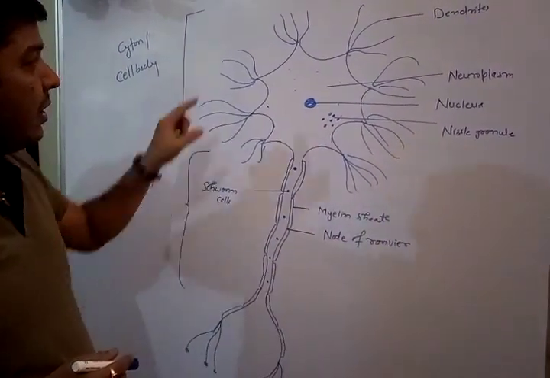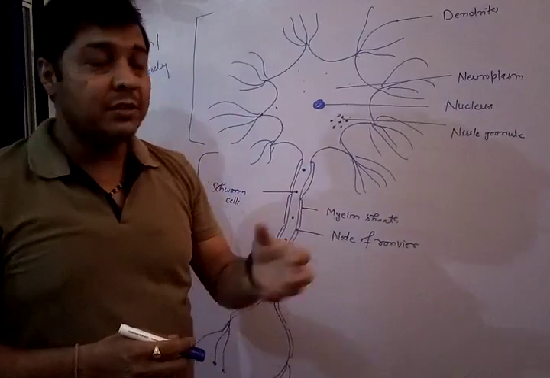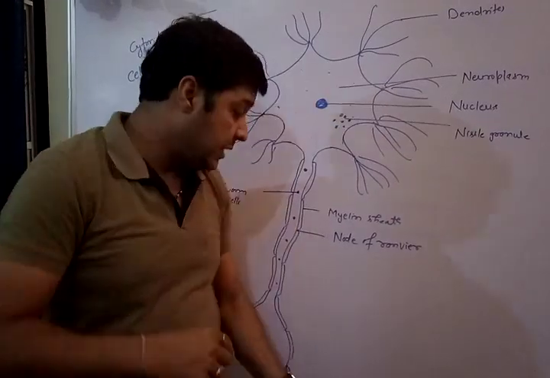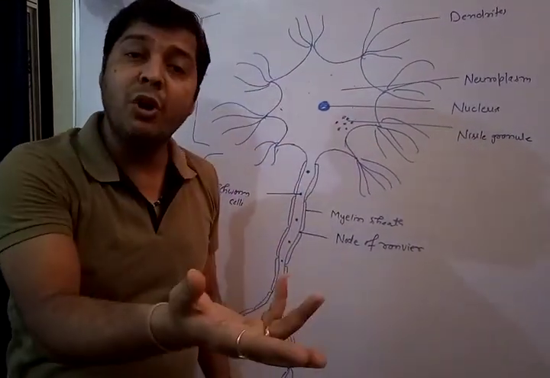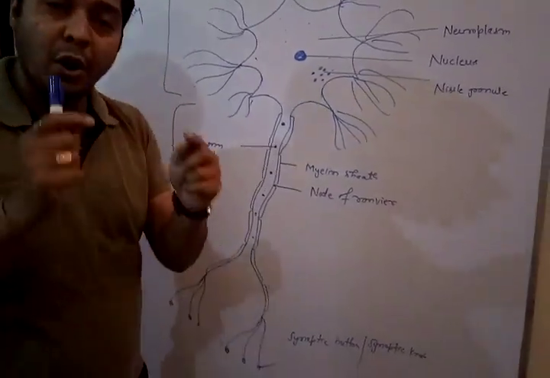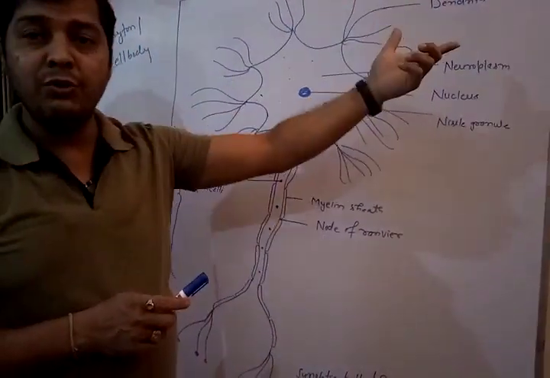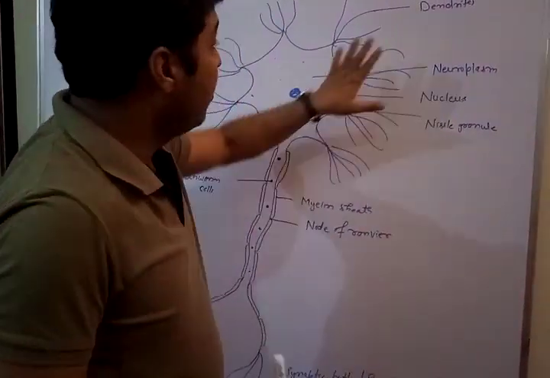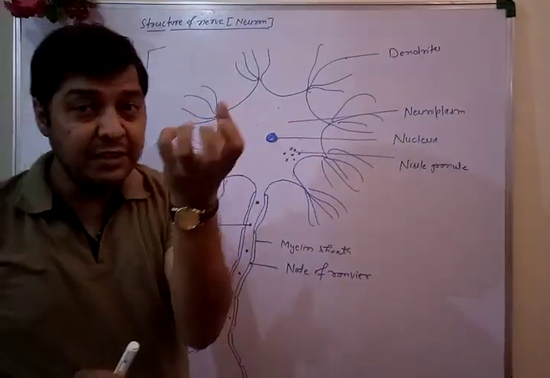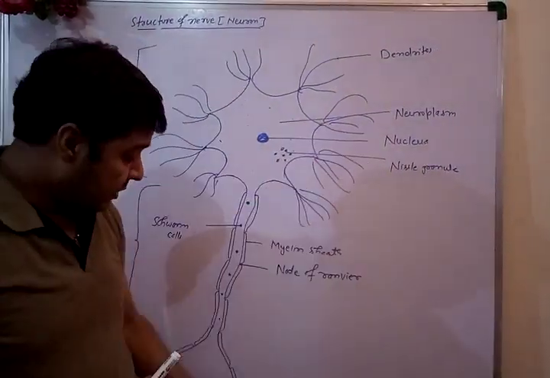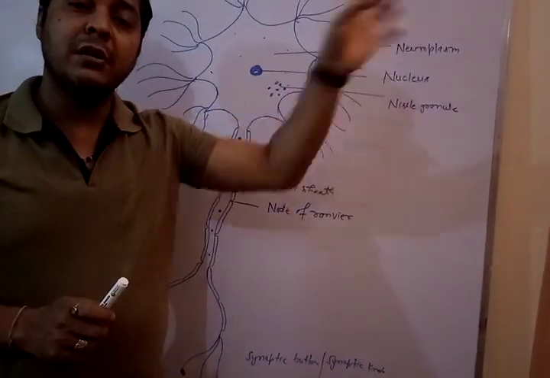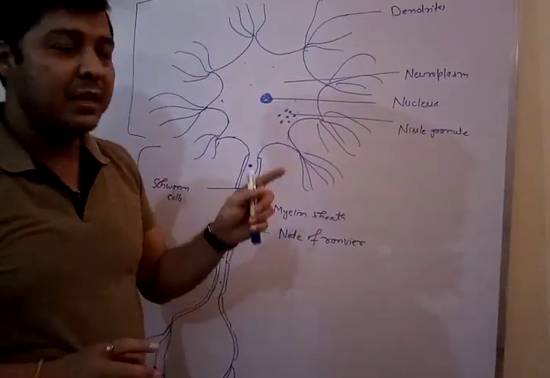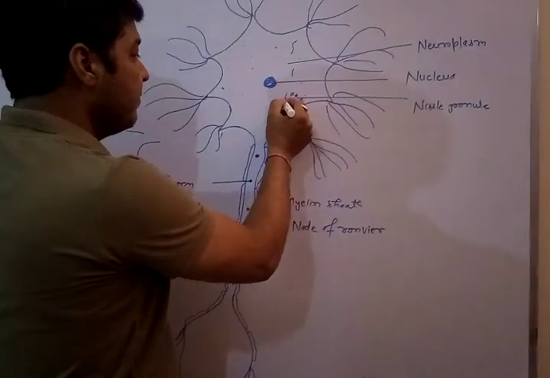It looks like that. See, dendrites are the hair-like structures. This is called the receiving end. These dendrites are attached with the synaptic button of another neuron. This means the synaptic button always connects with the dendrites of another neuron, making a link-like structure. So one neuron is attached with another neuron, right? So what is the function of dendrites? They receive the message from the synaptic button of the other neuron. Got it? After that, the impulse is received by the Nissl granules, and then the impulse moves to the